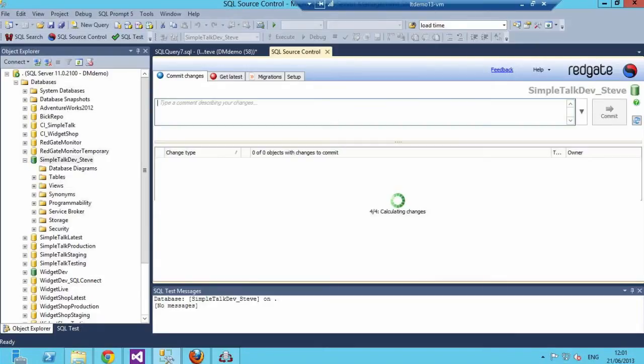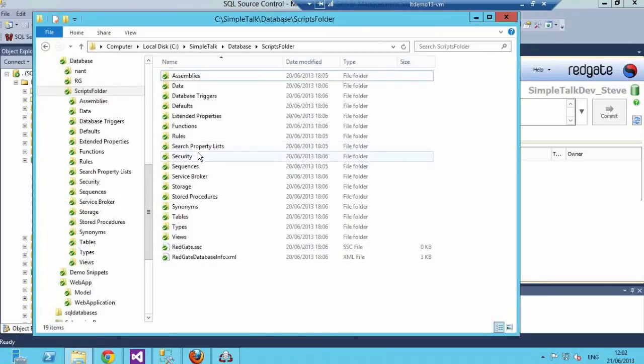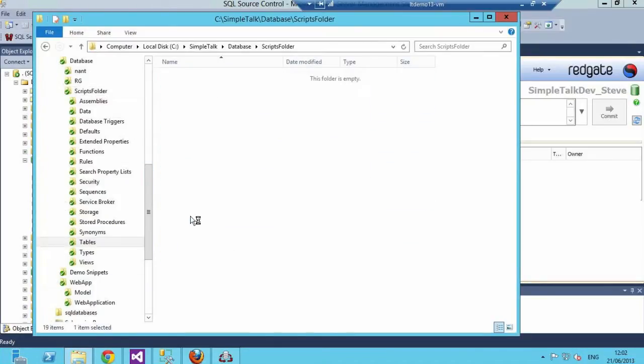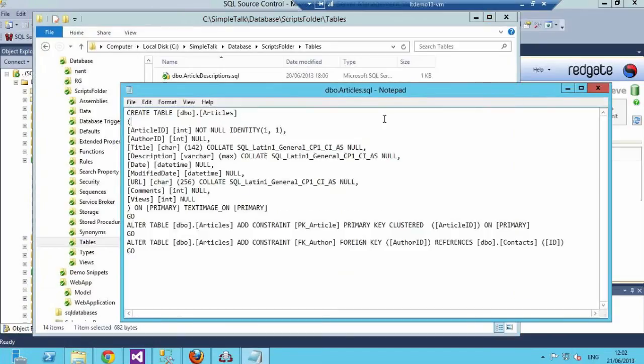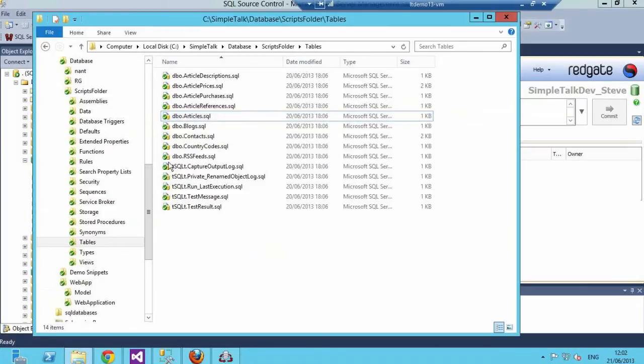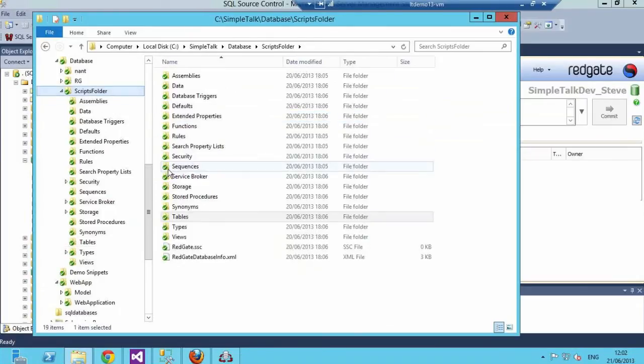How does the source control actually commit these? So obviously you can put the changes alongside your app code. It's all just going to your existing source control system. In terms of how they're represented on disk, it's really simple. It's just transparent T-SQL for the creation scripts for the objects. In the case of the data, it's just insert statements. So it's really simple, and that's what it's committing alongside the code.